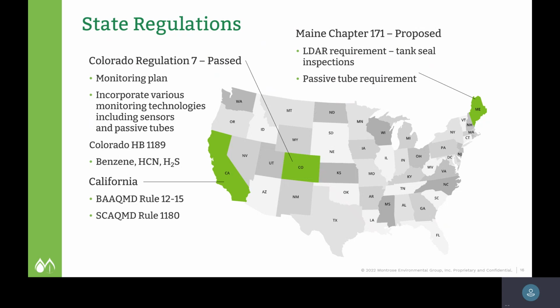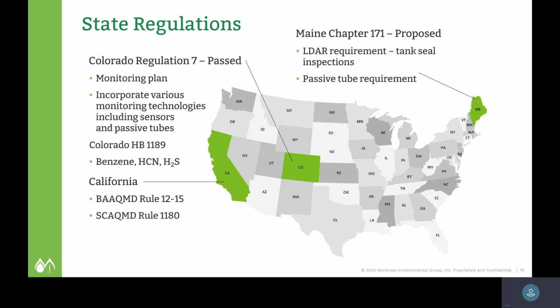BAAQMD Rule 1215 and South Coast Air Quality Management District Rule 1180 are optical remote sensing network, open path programs. These are designed to put more information in front of communities about their air quality. They're expensive programs to operate,